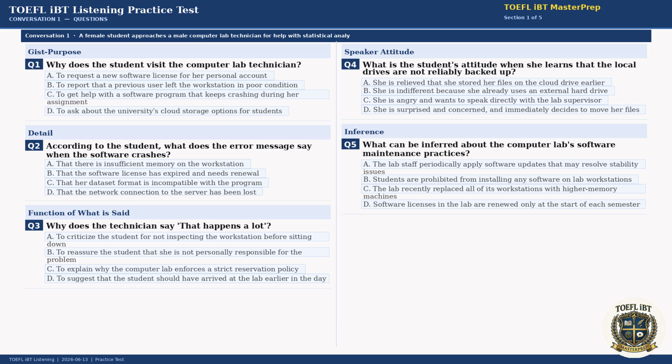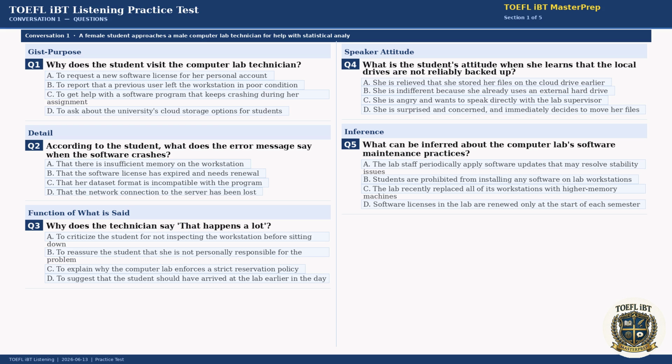Understood. While I'm running the update, you might also want to save your do file to the university's cloud drive rather than the local desktop. We had an incident last month where several students lost their work because the local drives weren't backed up properly. Really? That's a little alarming. I had no idea that was even a risk. I'll definitely move everything to the cloud drive right now. It's something the department is actively working to improve.